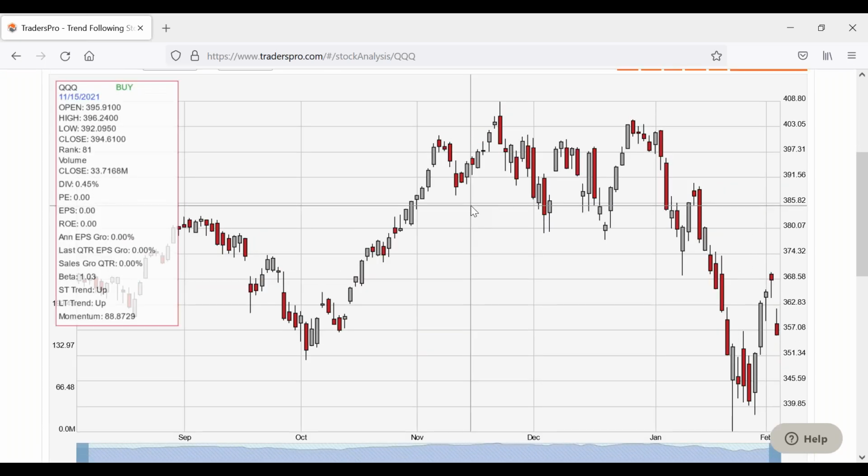Now again, Amazon could reverse this if they're the big company reporting after the bell today. But if we are down tomorrow, remember that markets typically don't bottom on a Friday. We probably have further downside on Monday. Just remember that, and that'll help you until we get to Tuesday's market update, and then we can analyze what's going on, where we're at that point, and see if we need to start throwing out the life vest for you to stay afloat.